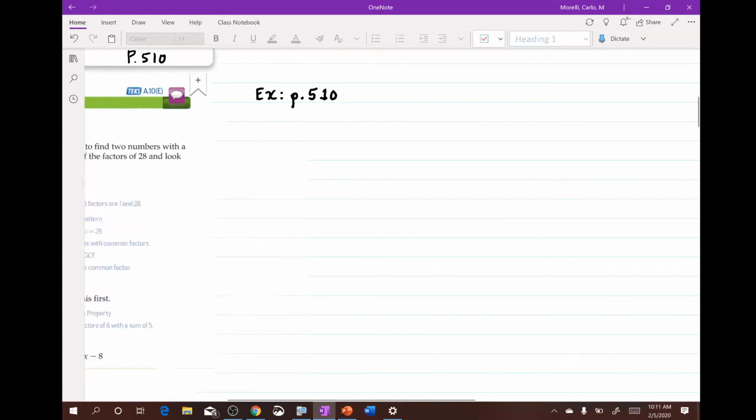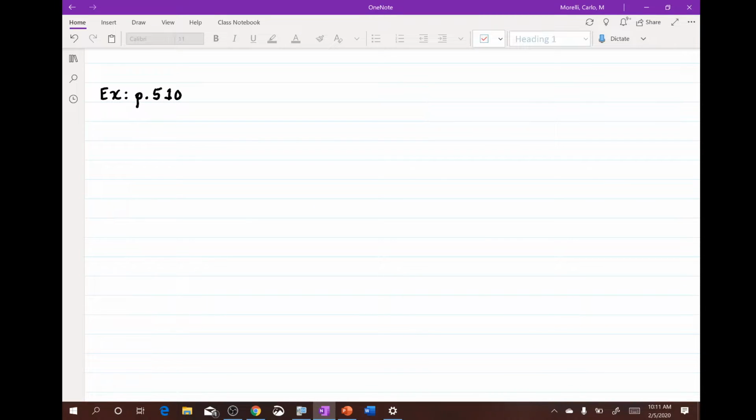7x squared plus 29x plus 4. So let's do this. Let's solve it. Solve y equals 7x squared plus 29x